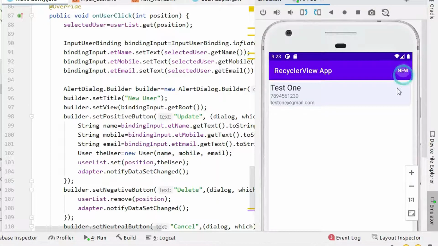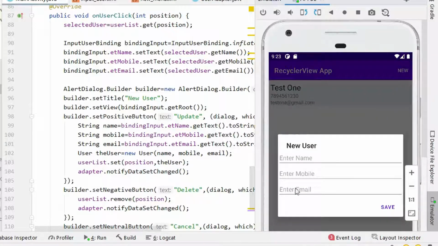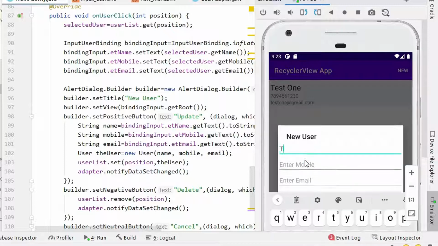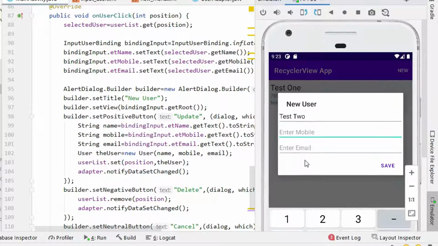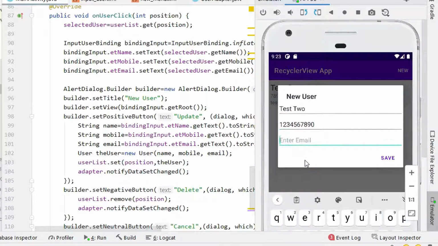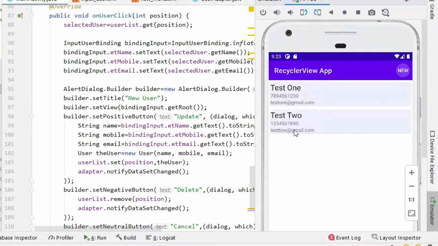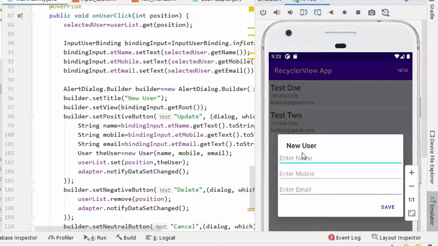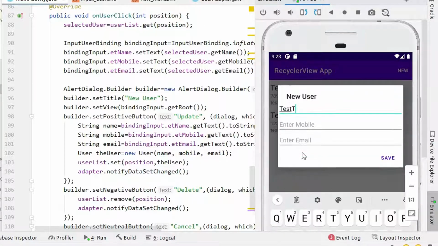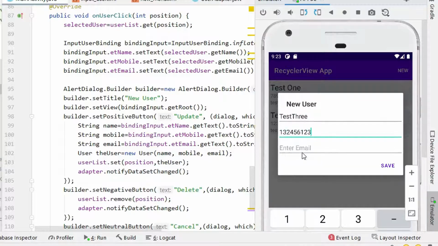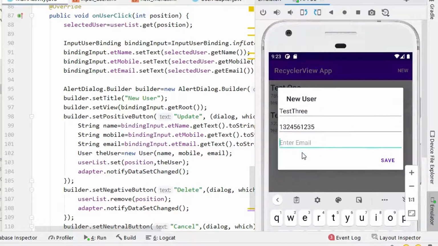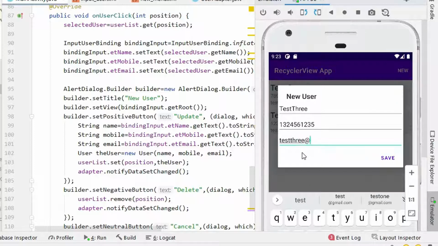One more entry I am going to type here, test 2, test2 at gmail.com, save. One more entry, test 3. So we have 3 entries here.